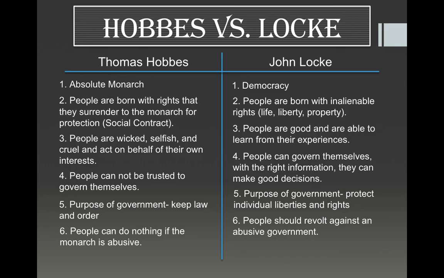In the first part of the Declaration, Thomas Jefferson talks about how we have rights. The second part says, here are all the ways, there's 27 different ways, that King George has violated those rights. And then the last part is this right here: people should revolt against an abusive government. We've established that King George is abusive. Thomas Hobbes would say, well, there's nothing you can do about it. But John Locke says yes, you should revolt against that and make a government that would protect your rights. And so that's exactly what we did.